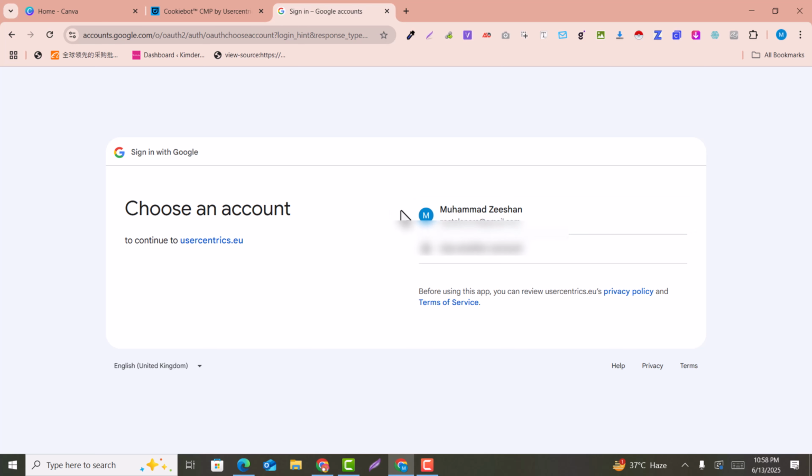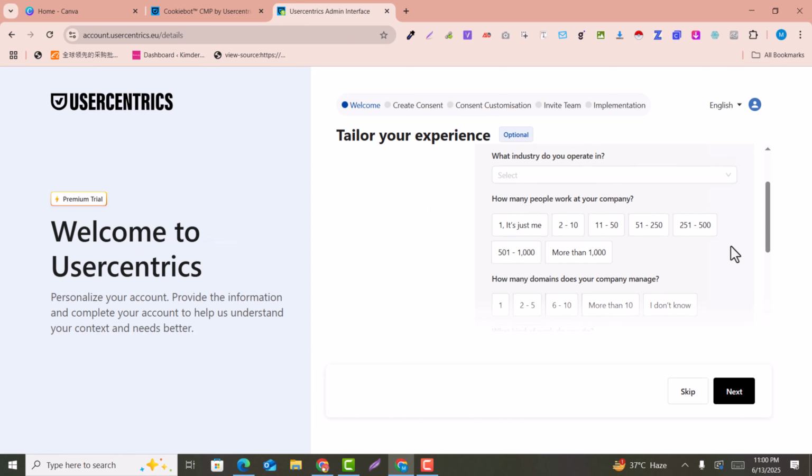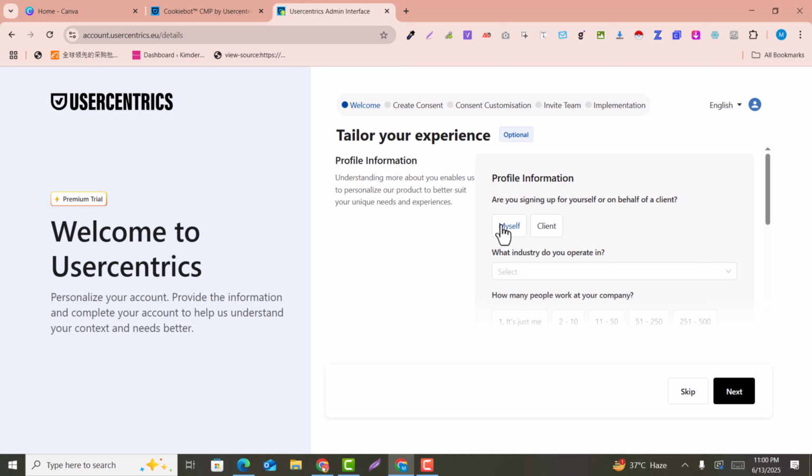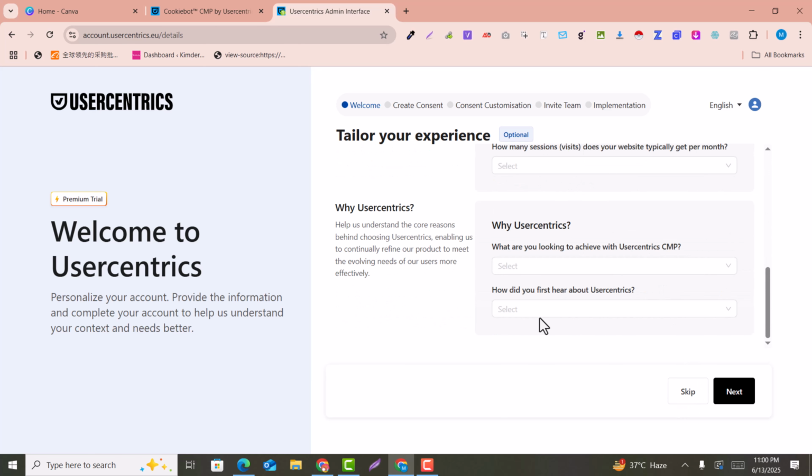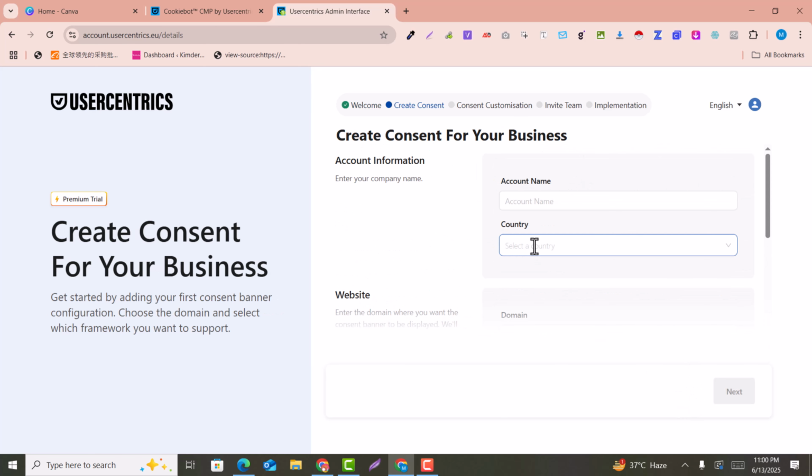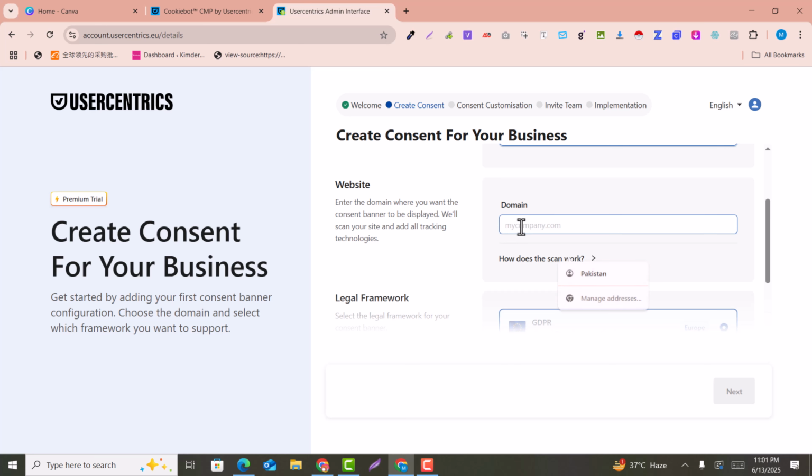Here I will just click on my email account, and here is the profile information that it is asking for. For now you can skip this information. Here is the create consent. So here you can name your consent. I'll say Google consent, and here you can select a country, for example, and here you can add your